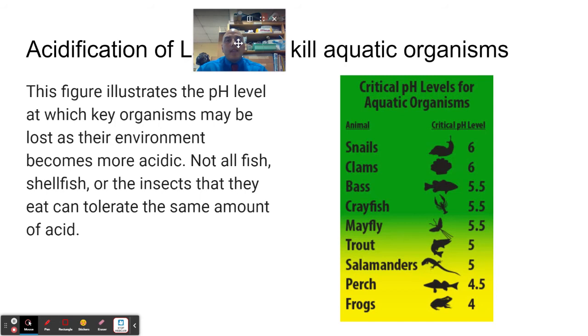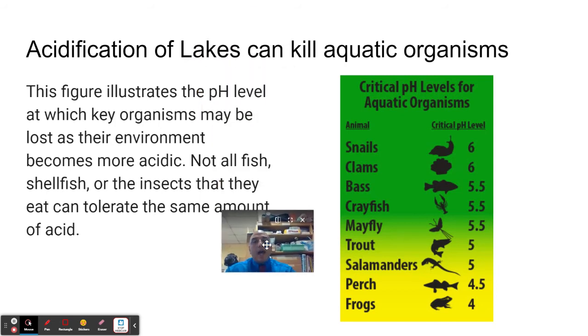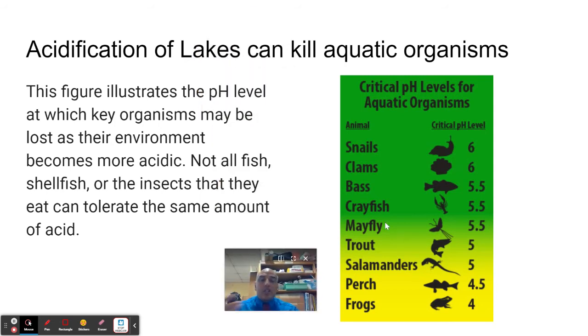Okay, in this image, you're going to see that acid deposition could kill fish, it could kill aquatic life. All right, in this figure, if a body of water, see, snails need a pH of 6. If it goes below 6, they're going to die. You'll see an area that does not have any snails. Clams, bass is a type of fish, crayfish. So these are their thresholds. If you start seeing frogs dying, you know you have an issue.